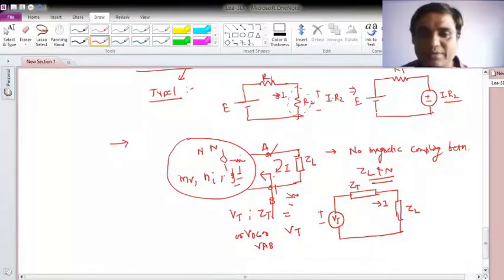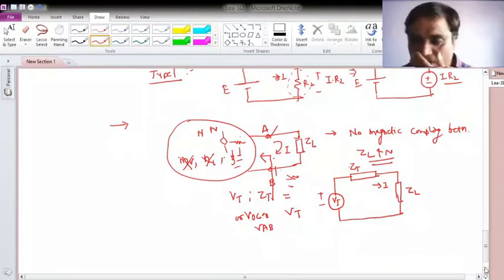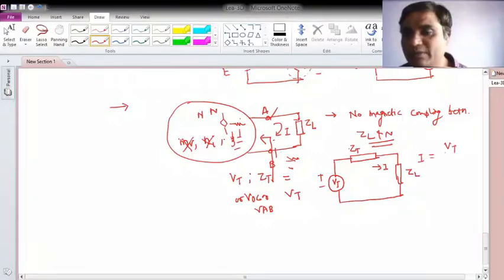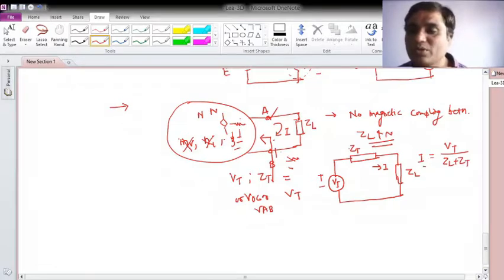point. Okay, and where you nullify or deactivate all the voltage sources and current sources, but keep the dependent or control sources as they are, and find the total Z out, that is the equivalent impedance. Okay, so this is my total Thevenin's equivalent, and now if I would like to obtain I, so I will be Vt over ZL plus Zt, or if I would like to calculate the voltage across it, that can be obtained as I into ZL once I know I.